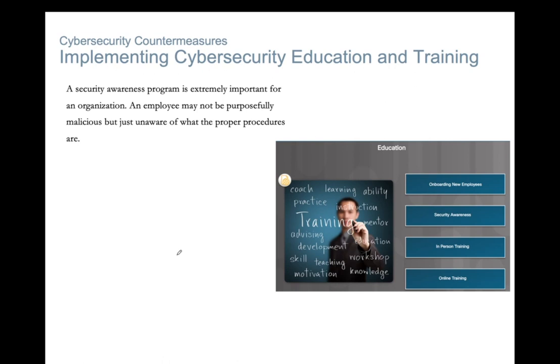You can make security awareness training a part of the employees' onboarding process, tie security awareness to job requirements or performance evaluations, conduct in-person training sessions, or complete online courses. Security awareness should be an ongoing process, since new threats and techniques are always on the horizon,